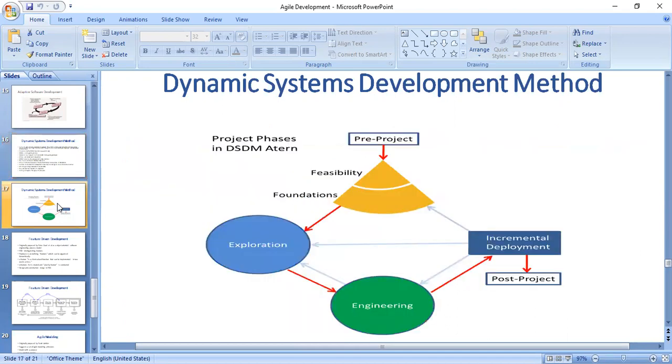DSDM fixes cost, quality, and time at the outset. The scope must be adjusted so the project is delivered while meeting the fixed time constraint. DSDM is one of a number of agile methods for developing software and non-IT solutions. It can form a part of agile analysis. And next topic,